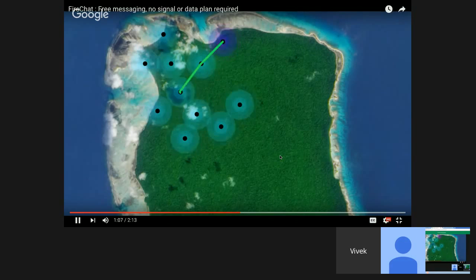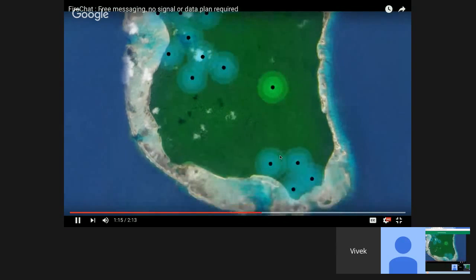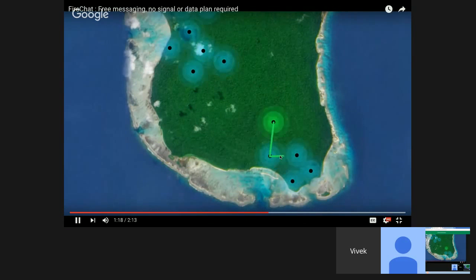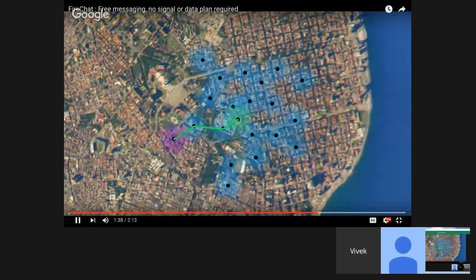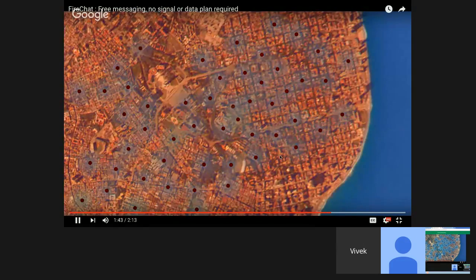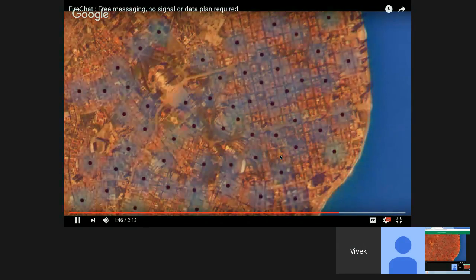But what happens if you want to send a message to someone who's not part of your local network? It's simple. Just send the message and forget about it. Remember, people move all the time. They'll carry your message to the next local network and so on. And what if you want to send a message to someone far away, yet you still don't have internet access or cell phone coverage? Well, it's the same thing. Just send your message. It'll travel through the local networks until it finds a phone that does have internet access, and your message will be delivered. FireChat uses the cheapest and fastest connections all the time. The more people use it, the better it gets. That's the opposite of traditional networks, which become congested when too many people use them.